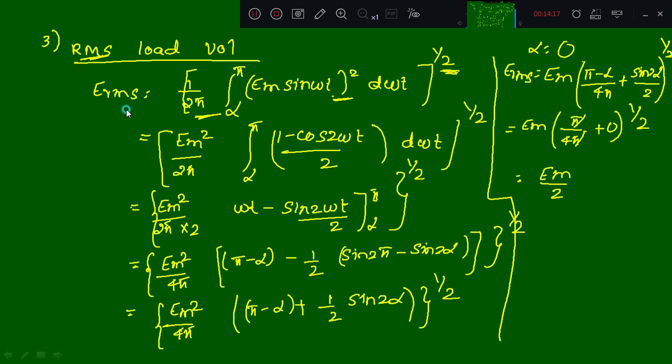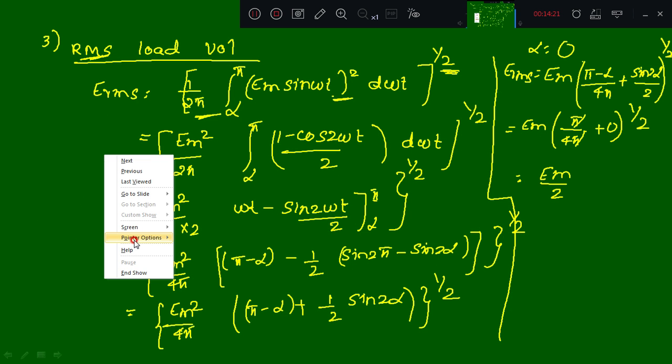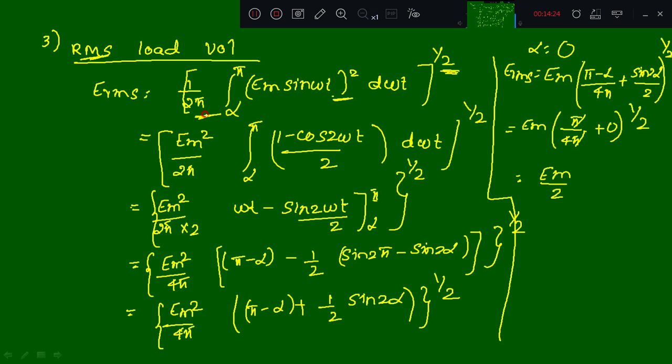Then the ERMS is root mean square: this is the root, the mean and then the square. We are calculating for one complete positive and negative half cycle, but the output is there from alpha to pi only. So alpha to pi, Em sin omega t square d omega t. Sin square theta is 1 minus cos 2 theta by 2. Simplifying it, we will get Em upon